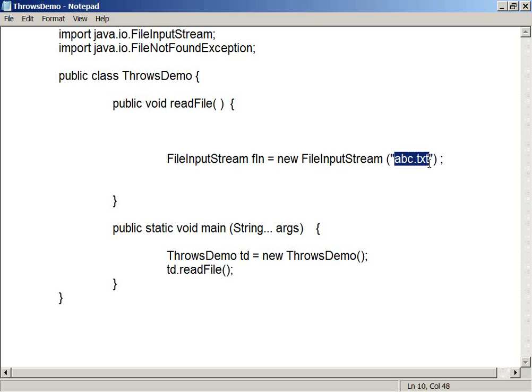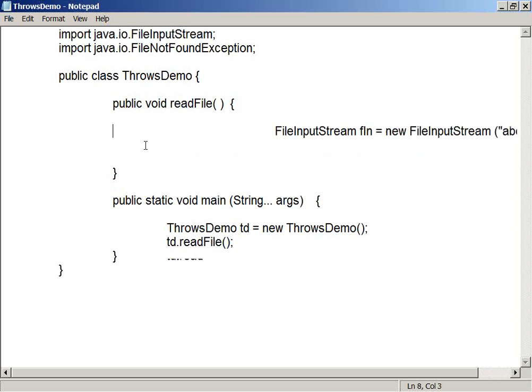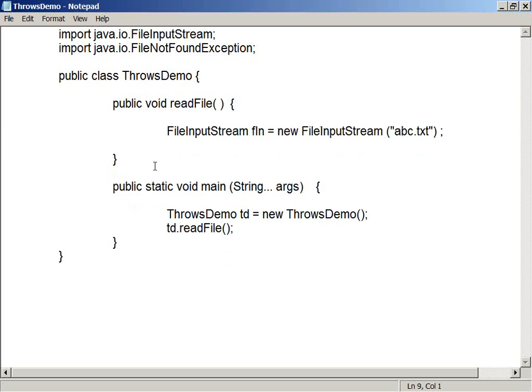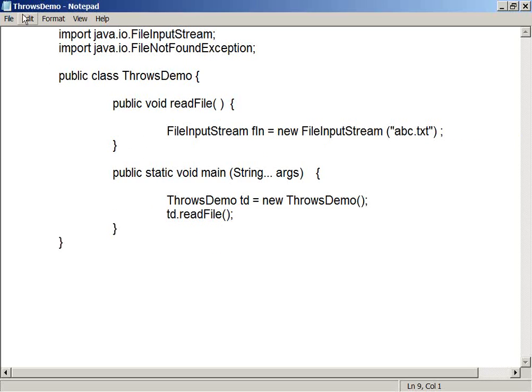The compiler is not checking whether this file is there or not. But what is the compiler checking here? The statement is saying to its caller, boss, I am going to throw some exception. The compiler is checking whether the method which is calling this is handling that or not. That is all the compiler is checking.